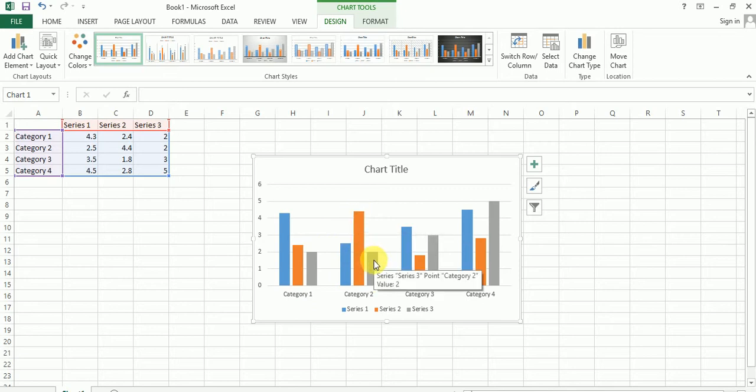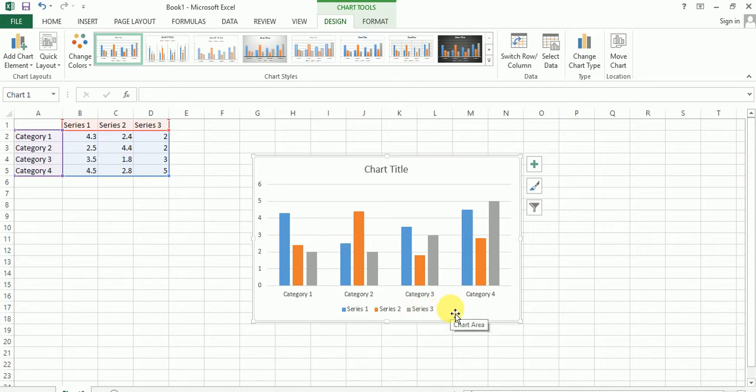Next, plot area. The plot area is the area within the chart area containing the actual chart, data series, category and value axis. Next, chart title. This one is the chart title. Next, legend. Legend and series are both the same, so we can call it legend or series.